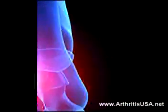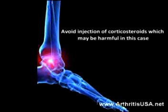Avoid injection of corticosteroids, which may be harmful in the case